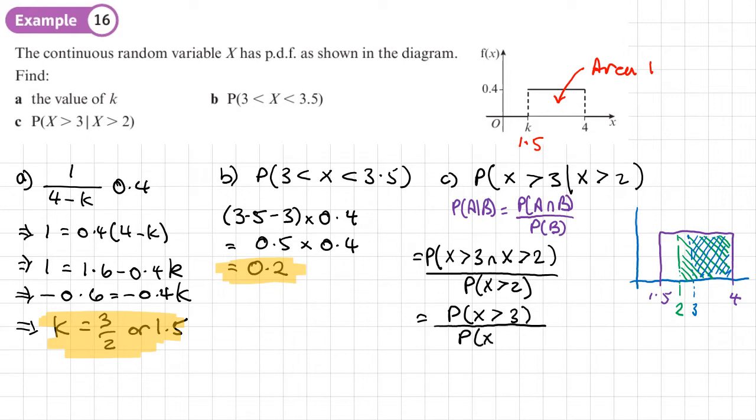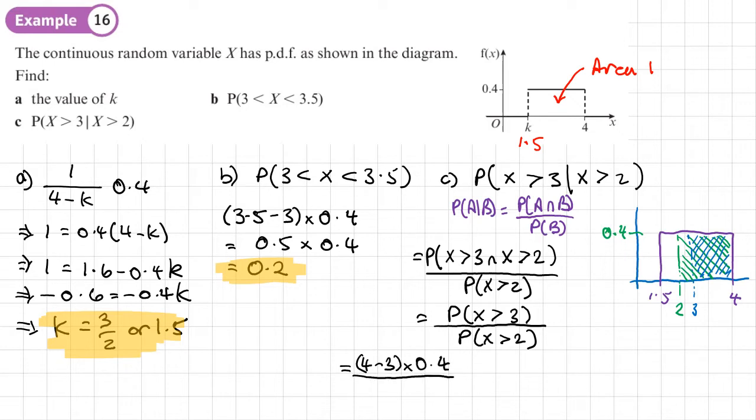Now this is where a diagram like this can be helpful, because if you can visualize it, it becomes much easier to put those values in. So let's just put the height of this graph here, which is 0.4. Let's work out the probability that x is greater than 3. Well, it's going to be that width times the height. So the width is 4 minus 3, I know that's 1, but I'm just going to write it out fully, times by the height,